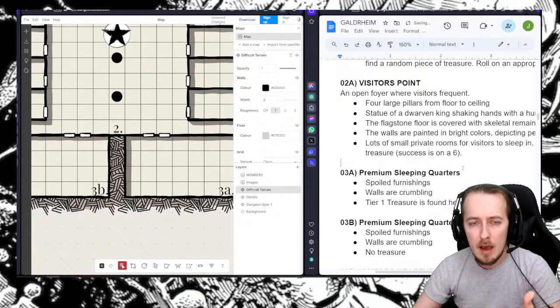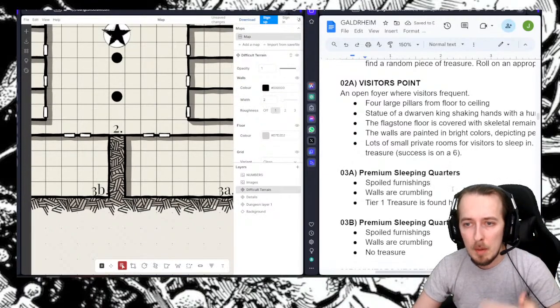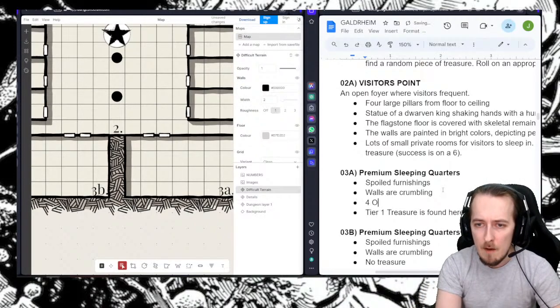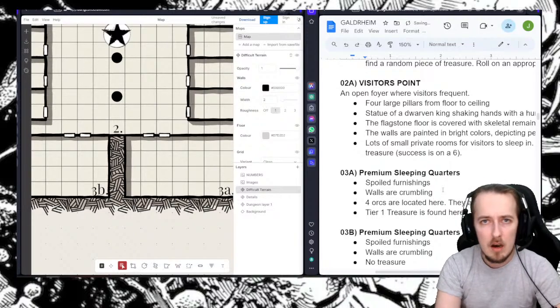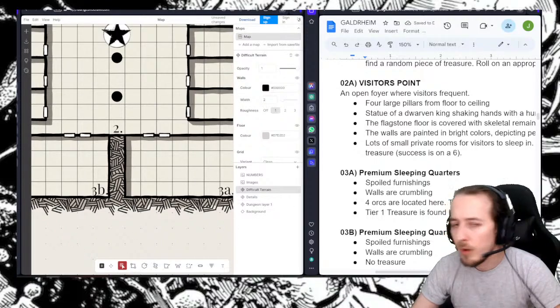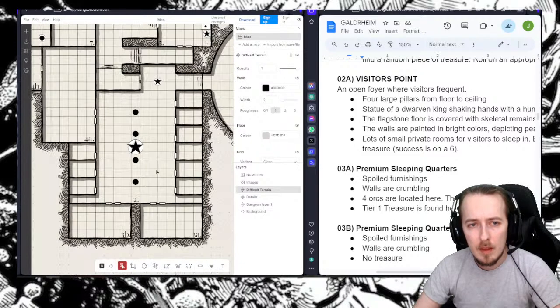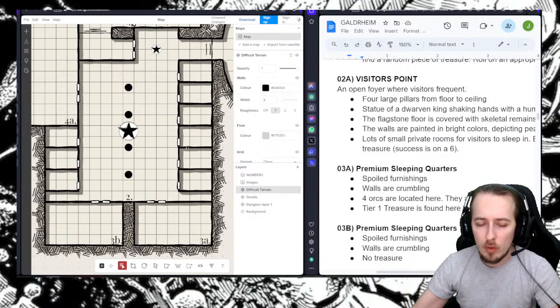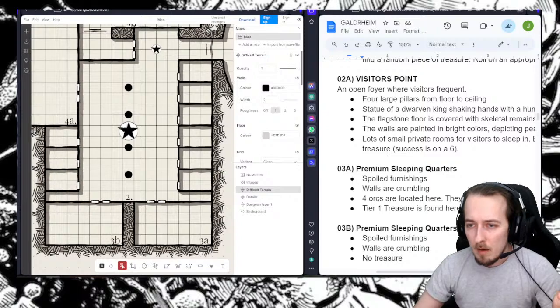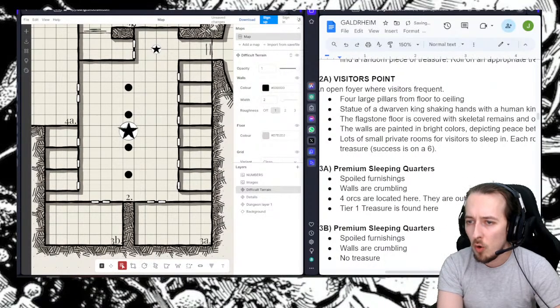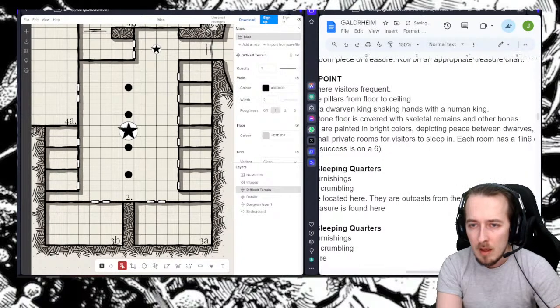We're going to have it be a telegraphed encounter, and we'll come up with some way of making sense of it. Let's just say 4 orcs are located here. What are you guys thinking? Why are they here? Why are they at Visitor's Point? Remember, this place was taken over a long time ago. You know what? I've got a good idea. They are outcasts from the Orcish tribe here, and